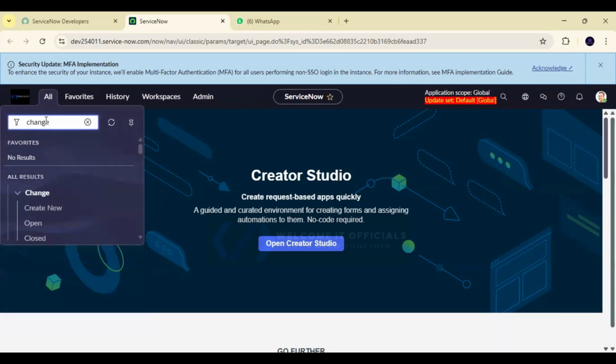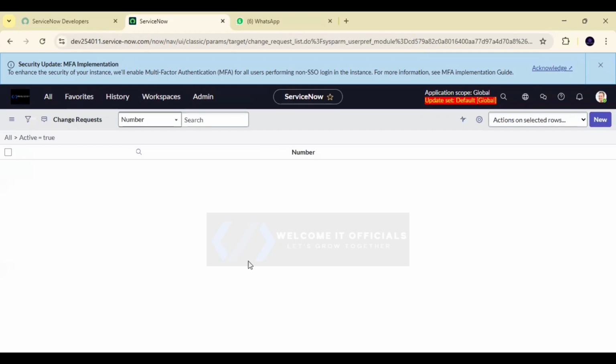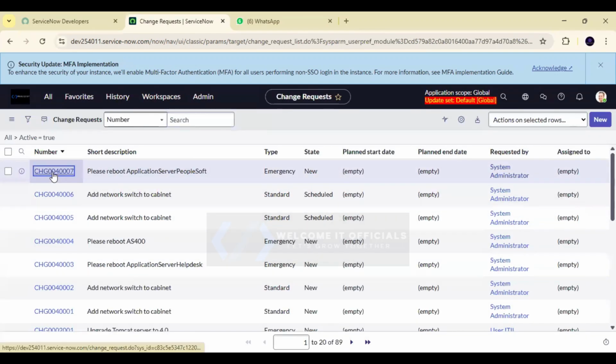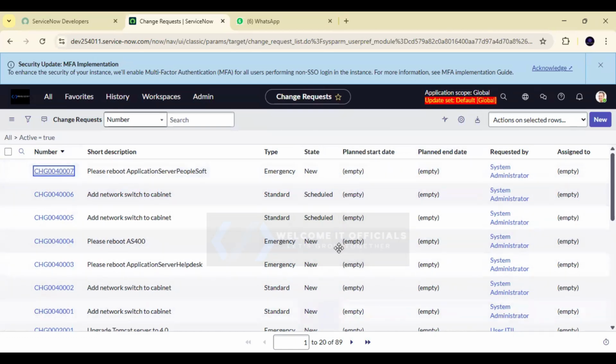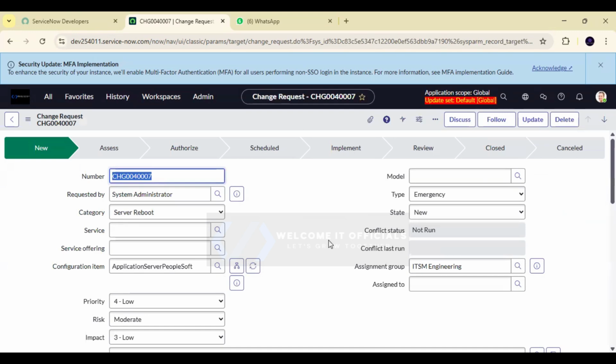Change. Okay, if I'll be opening a change, anyone have any idea? Let's say you are going for an interview and they are giving you one scenario: I want to hide a field called service when your form is getting loaded. But I do not want that this field